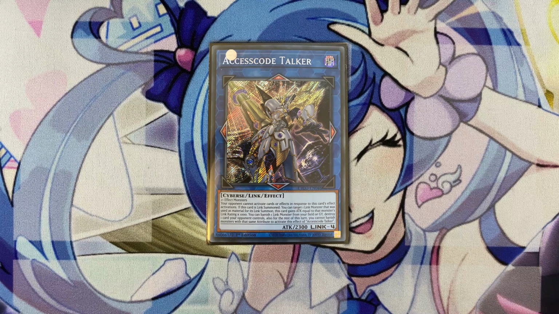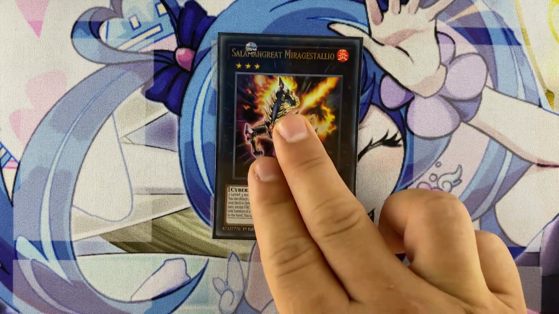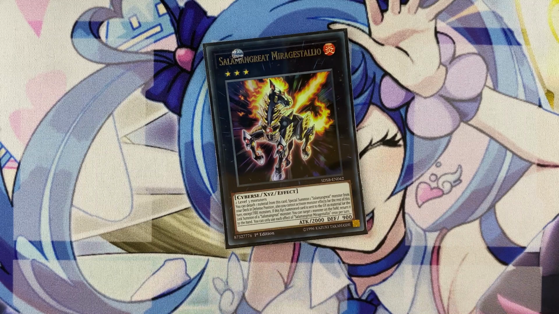And for the Xyz monsters, here we have the 1 copy of Salamangreat Mirage Stalio. This card offers so much for the deck. It makes it much more consistent going first, being able to go into your Gazelle from your deck whenever you want, and also gives it going 2nd power with its bounce effect, which is something that the deck really lacked, because what the deck did going 2nd was either it had to hard commit to an Access Code, which means that the follow-up play for your opponent's turn, you did not have something like a Roar or a Rage Live